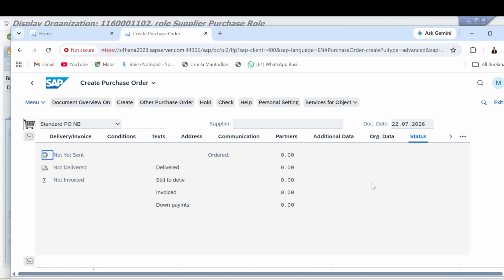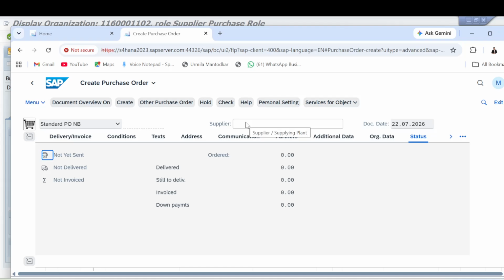In this video, we are going to see how we can create a purchase order in Fiori. So with the help of that Fiori tile or Fiori application, how we can create a purchase order. So this is a Fiori tile to create a purchase order. It looks almost the same as creating a purchase order through GUI, but the UI is a little bit different. The fields and everything are the same, but the UI is a little bit different. So how to create that?